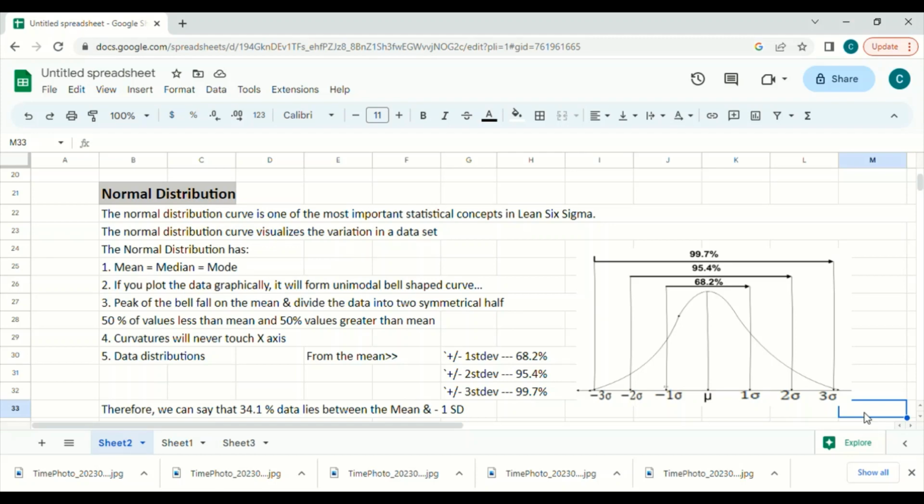The curve of the normal distribution never touches the x-axis, and the data distribution is like this: 68.2% of data lies between plus minus 1 sigma, 95.4% of data lies between plus minus 2 standard deviation, and 99.7% of data lies between plus minus 3 standard deviation. Therefore, we can say that